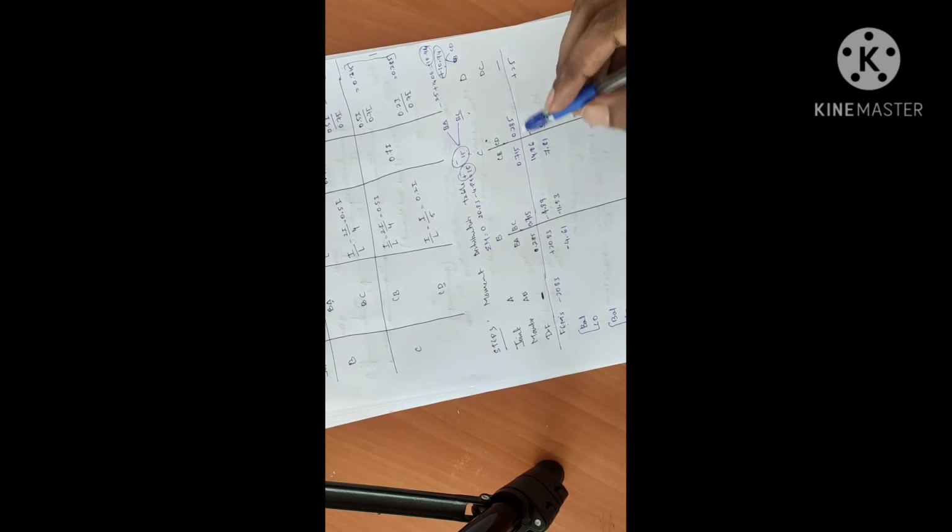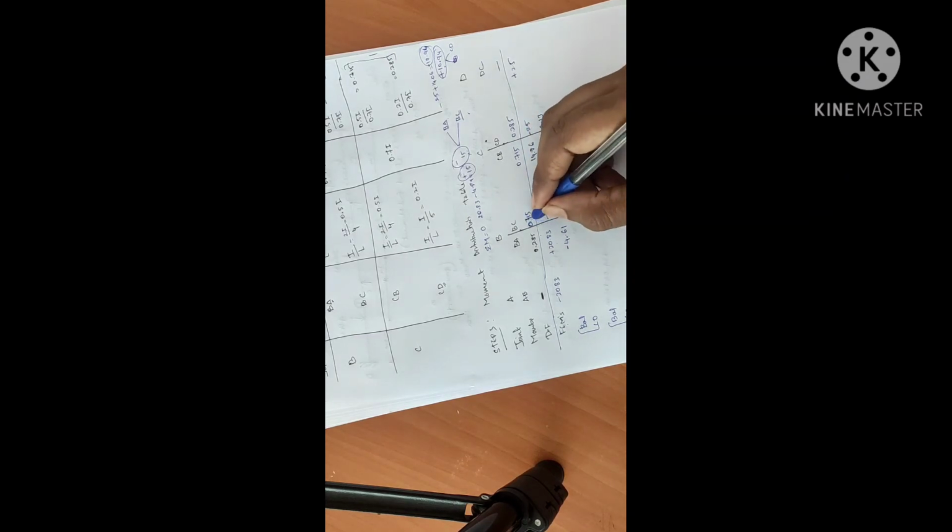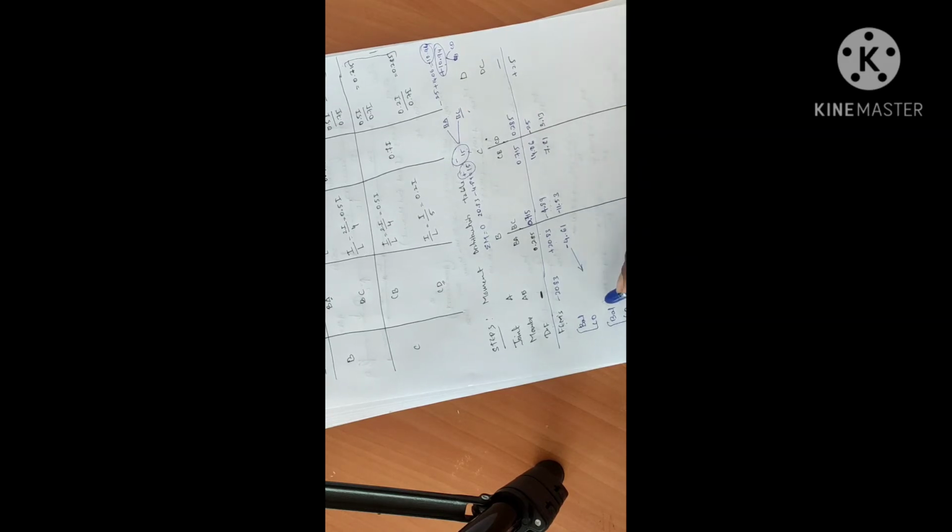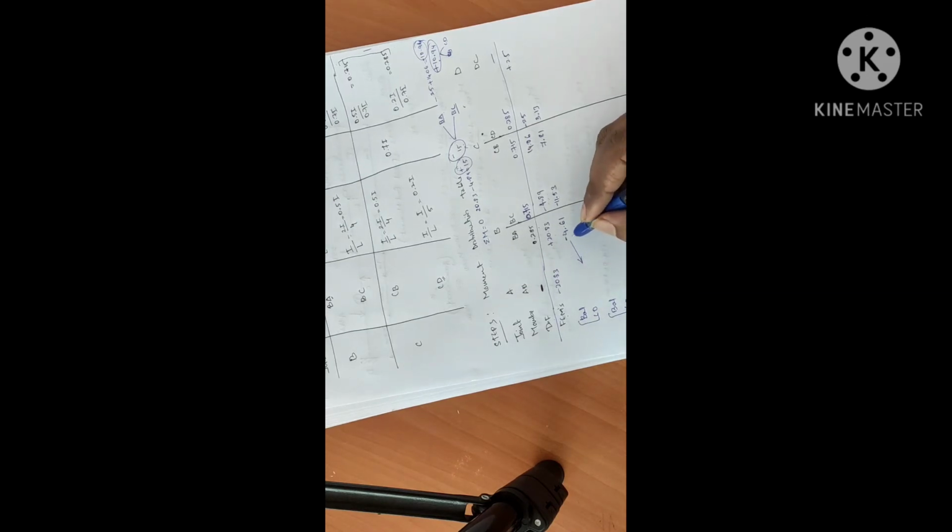I hope you have understood. If not, you can continue. The next steps will be similar to this. So what is carryover? The next step is carryover, and it is very simple. If there is BA, we carry this over to the far end of that member, that is AB. Carryover is always half of whatever it is. If it is minus 4.61, the carryover will be half of that, minus 2.13. And at the BC end, it will be carried over to CB.